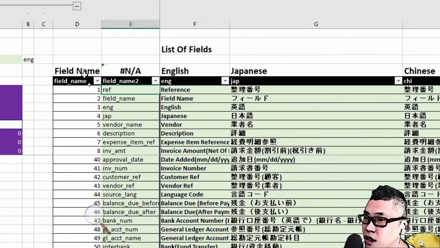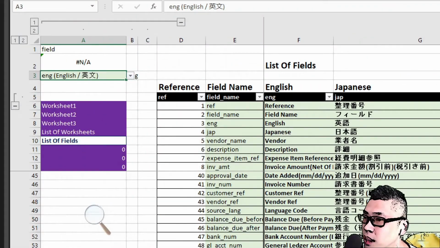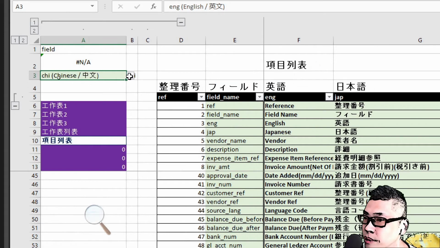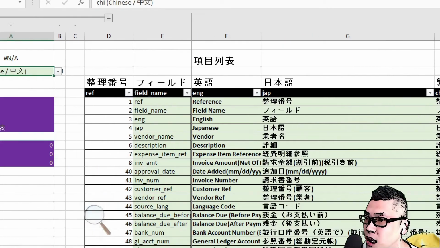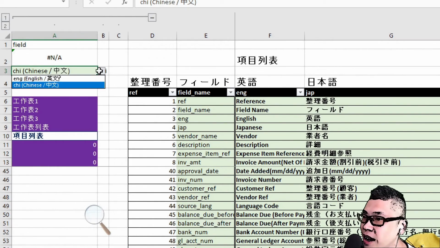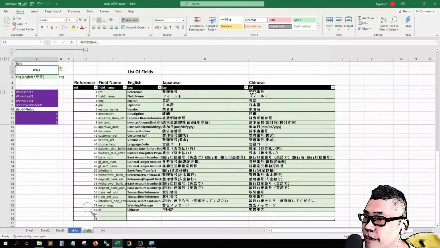Oops. It's not field name. Should be reference. Now we have English. Let me see if it's Chinese. Yep. Here you see Japanese because I didn't fill in Chinese. You can edit yourself. That's it for the field list.